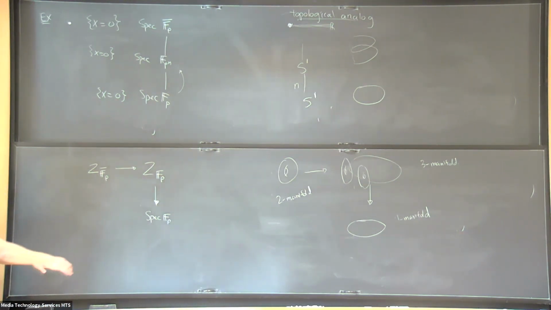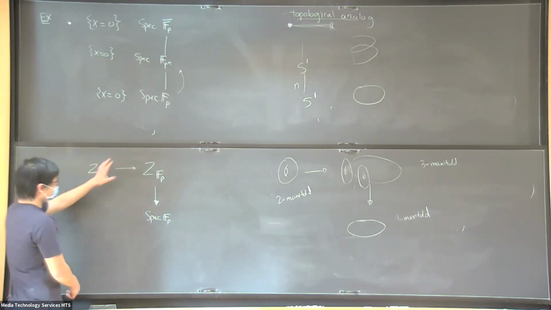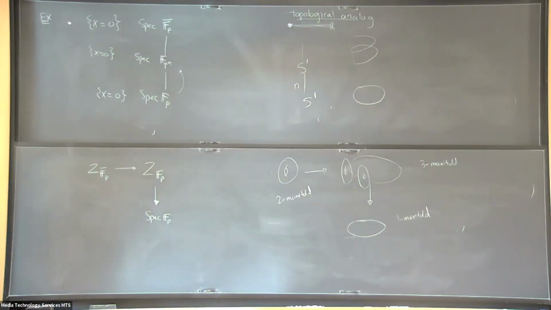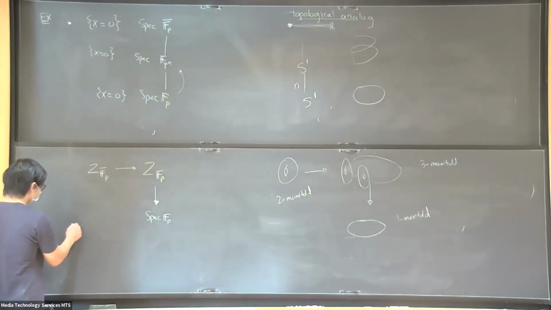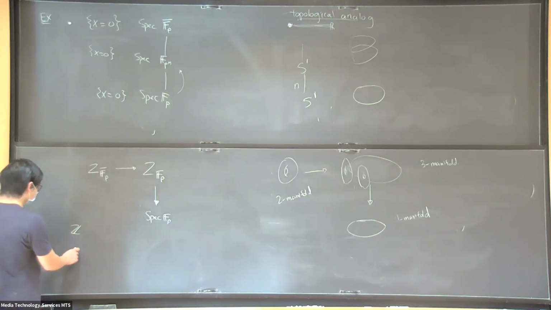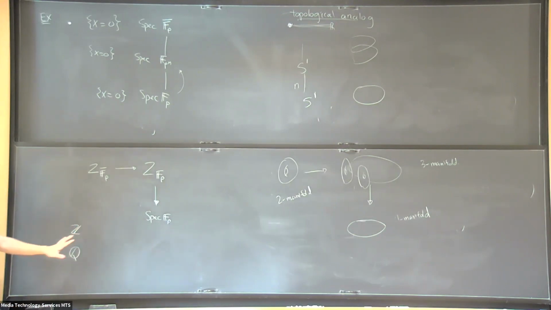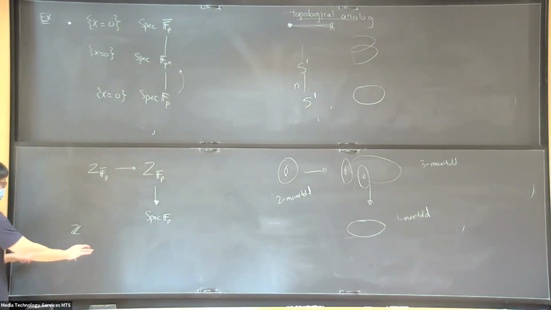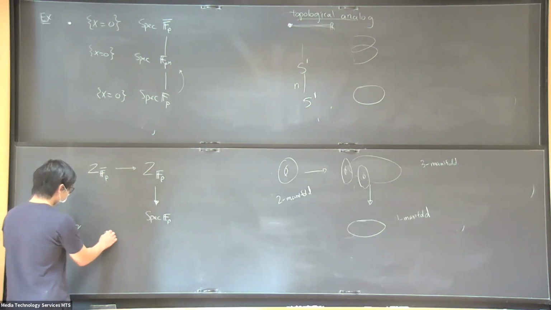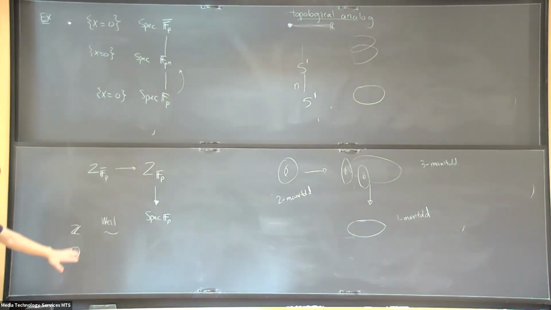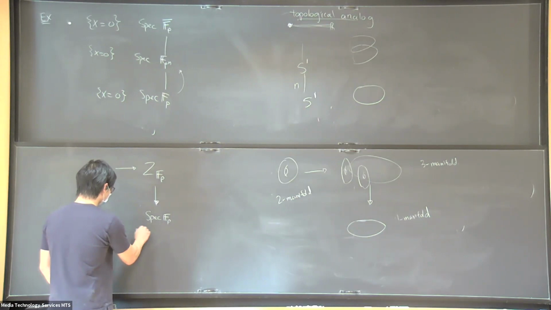So one can sort of push this analogy further. I've given you a recipe to sort of understand the topological picture of some equations, but certainly not all that might be of interest. For example, in number theory, we would be really interested in solving equations with integers or rational numbers. And I haven't given you really a recipe to understand what that looks like. So I'm just going to say something brief about this, which is that there's an analogy in which one imagines this ring looking a lot like the ring of polynomials in